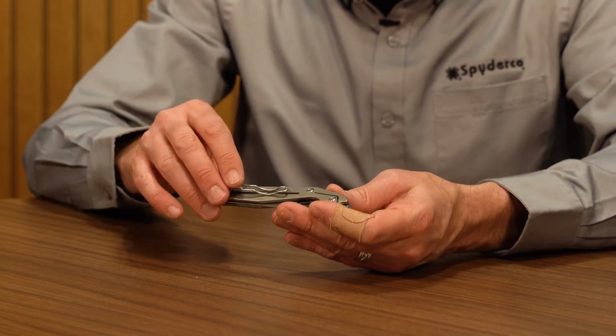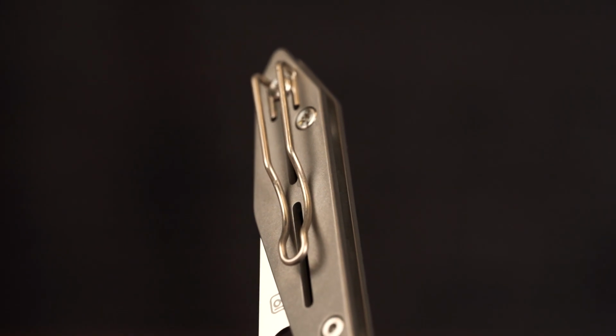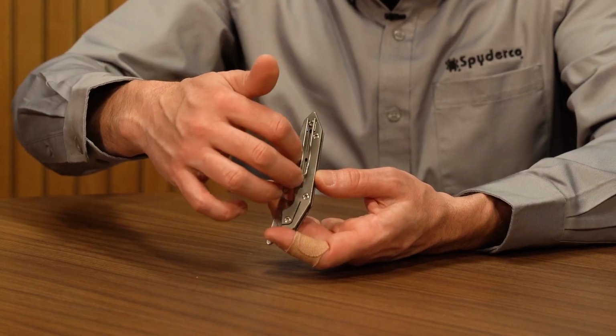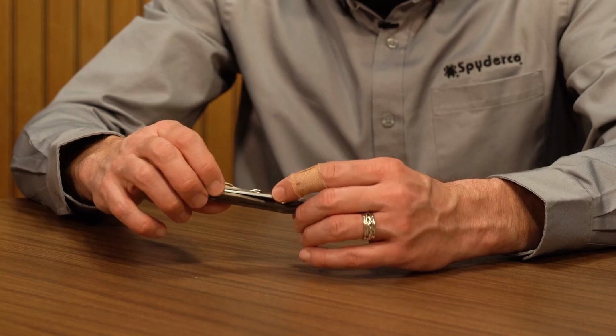And then Spyderco, that was one of the great things. They figured out how to add a pocket clip to it. And I'm a big fan of the wire pocket clip. I think I've used the wire pocket clip on all of my designs, and it's fun to see it here. And actually the design language of the pocket clip blends well with all the other aesthetics of the design. So hopefully it creates something that's a little bit different than some of the other Spyderco products, and has